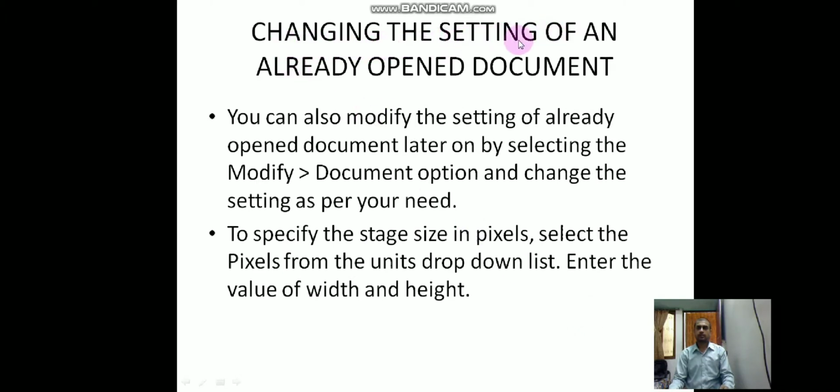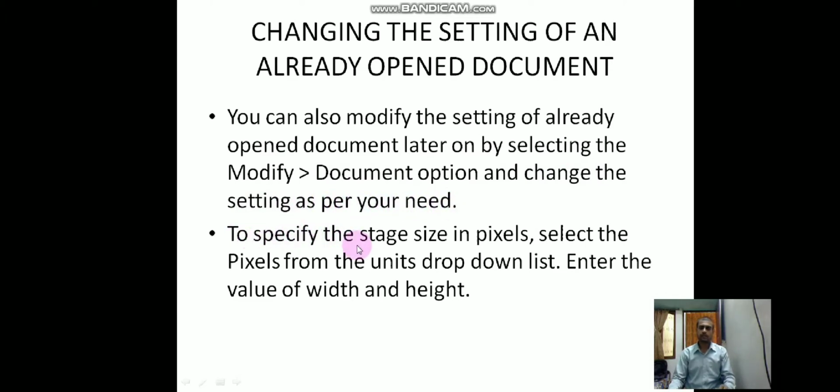Now, changing the settings of an already opened document. We can also modify the settings of an already opened document later on by selecting the Modify, Document option, and change the settings as per your need.